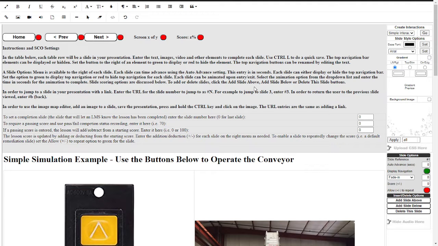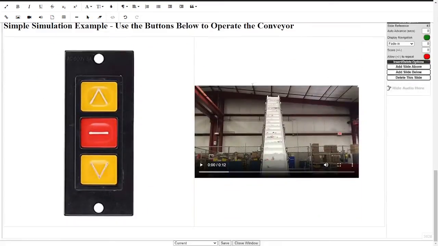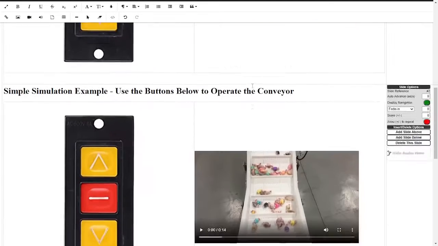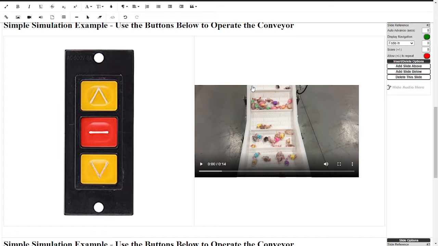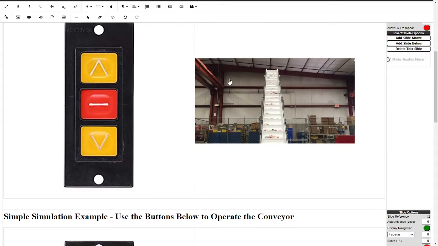This is a simple example of how to create a simulation with KMxAuthor. In this example, we created 3 slides that have a conveyor belt in a stopped state, moving in a forward state, and moving in a reverse state. Each one of the slides has a control panel button that allows you to go forward, stop, and reverse with